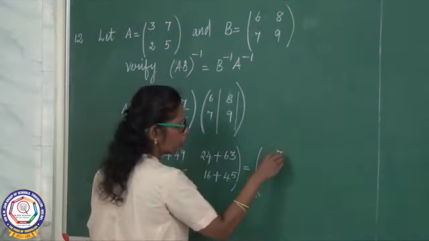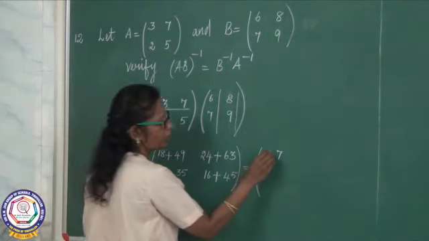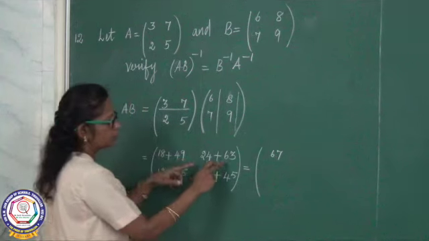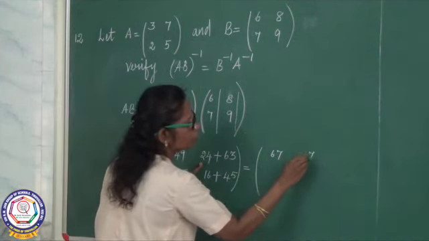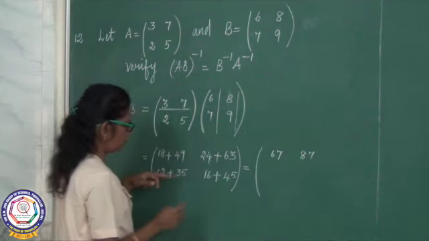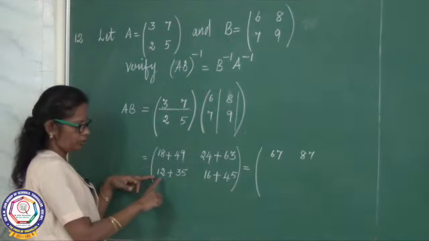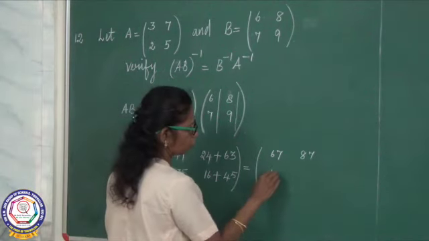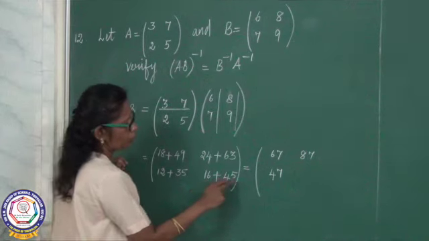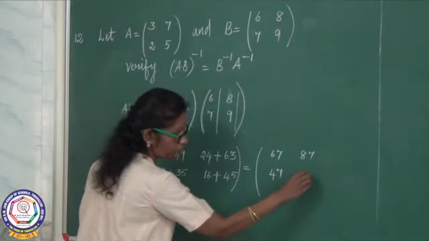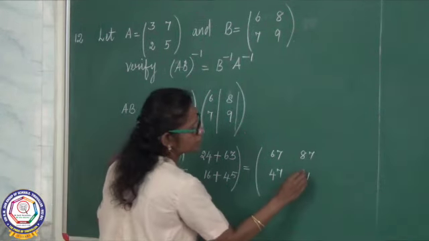18 plus 49: 8 plus 9 is 17, remaining 1, 5, 1, 4 plus 1, 5, 5 plus 1, 6, so 67. Next, 63 plus 24, 4 plus 3, 7, and 6 plus 2, 8, so 87. 12 plus 35, 5 plus 2, 7, 3 plus 1, 4, so 47. Next, 16 plus 45, 6 plus 5, 11, remaining 1, 4 plus 1, 5, 5 plus 1, 6, so 61.